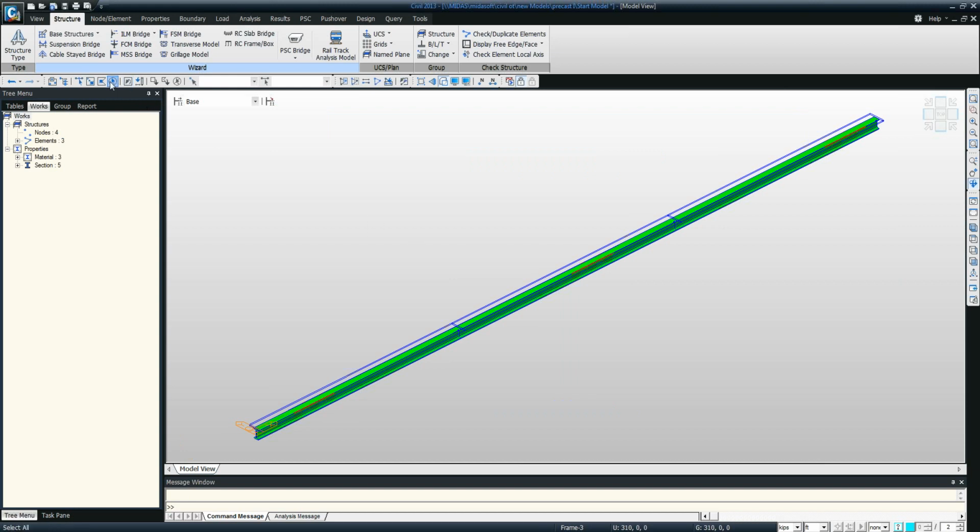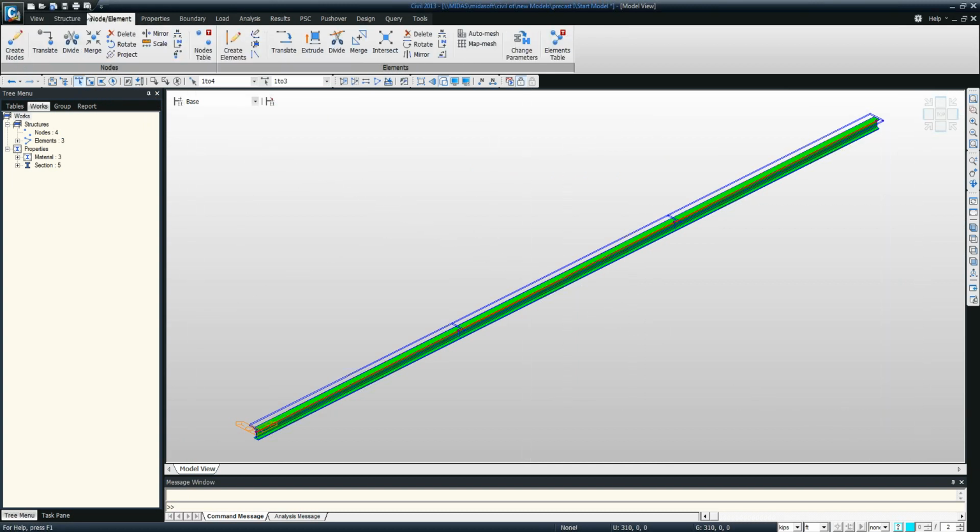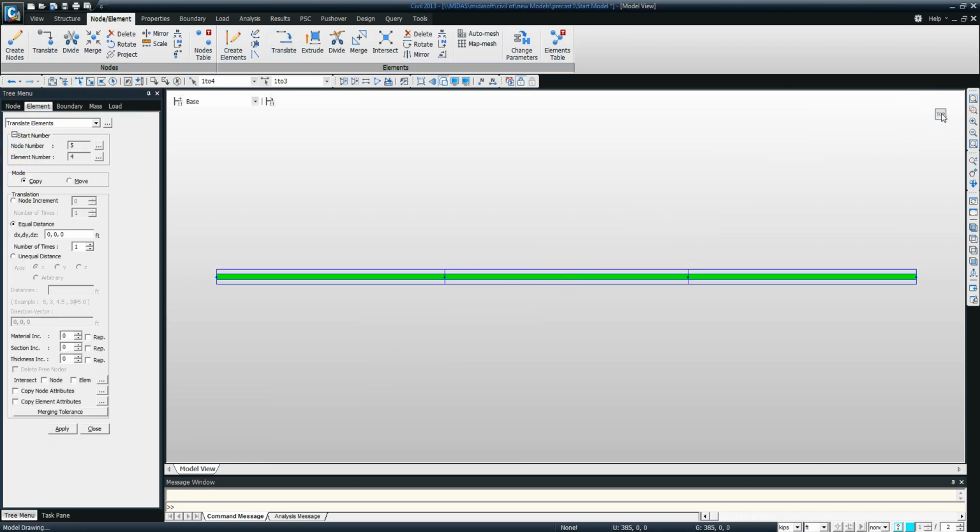Now let's copy this girder. To copy the girder, first go to Select Single here and create the window around the girder. It will be selected. Then go to Node Element, Translate, and I want to translate it in the Y direction. Let me go to the top view. This is the Y direction by 10 feet